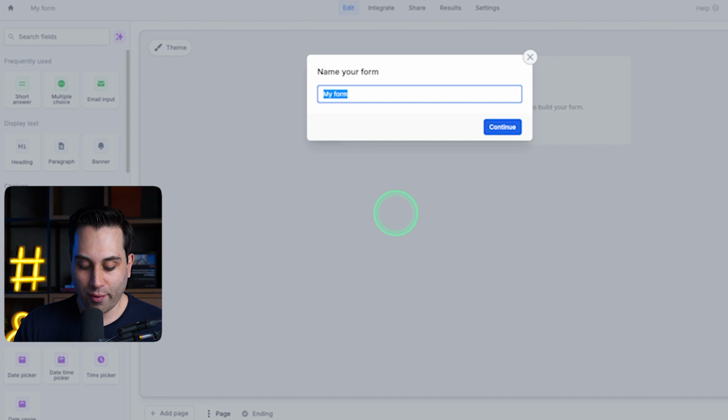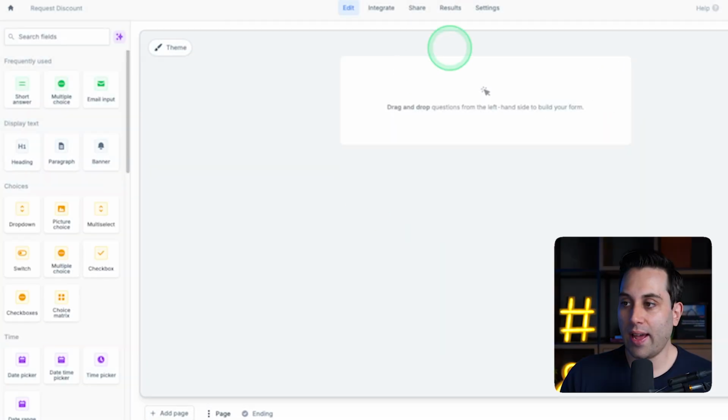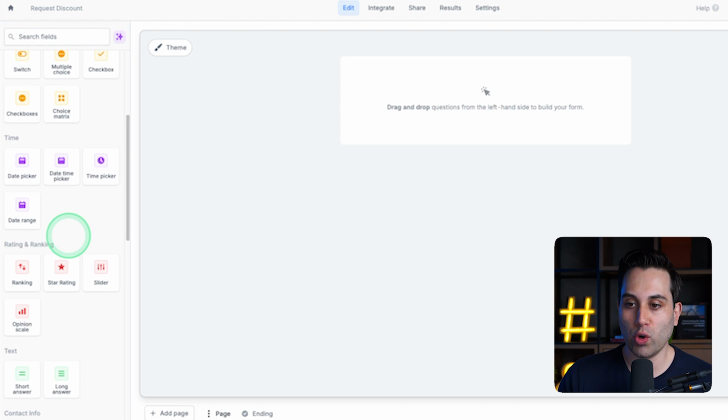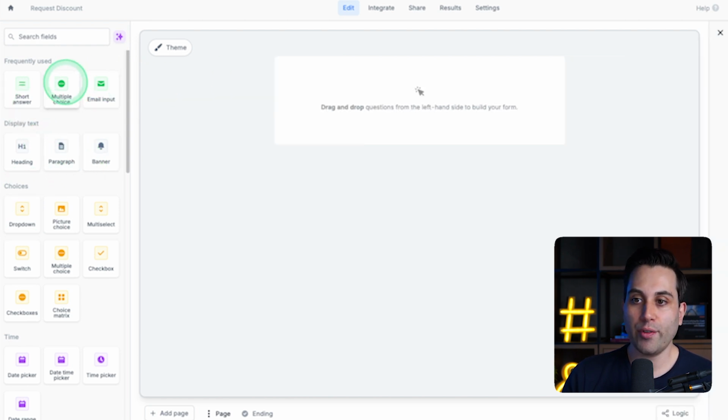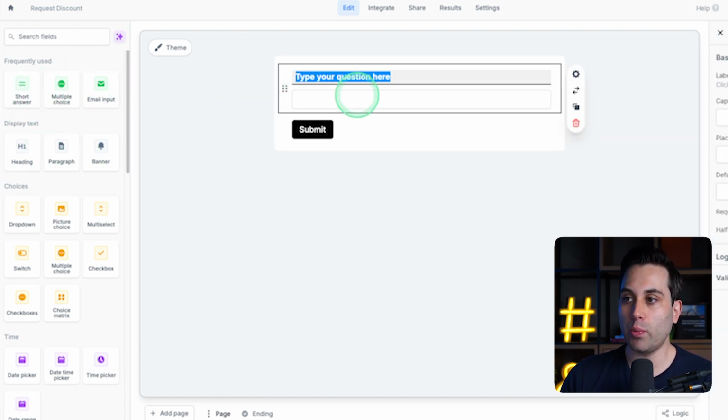Now I'm going to give my form a name. Click continue. Now we have our visual builder here. It's all drag and drop, so we can select any option we want to use here. We have some basic form fields, and we have some other more advanced ones. So basically here you will select any option to build your form. If you click on a specific item, it will be added to your page, or you can also drag it